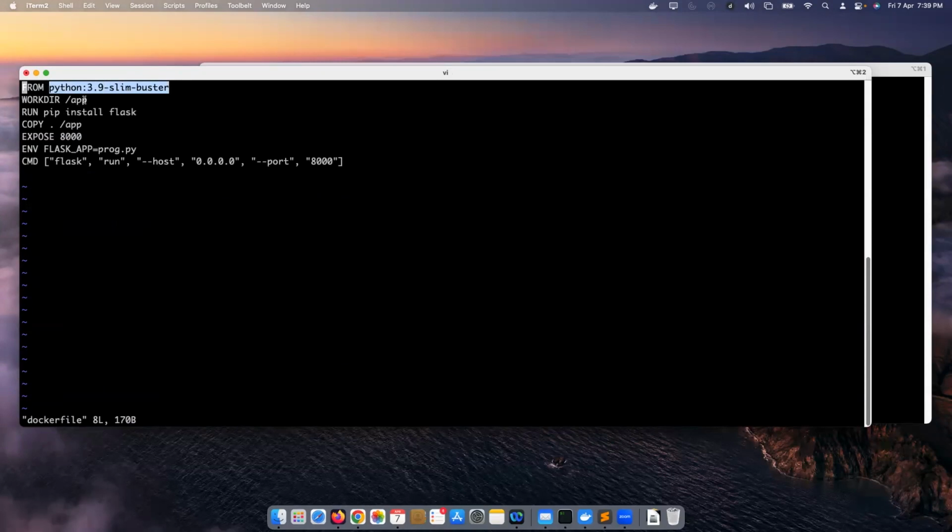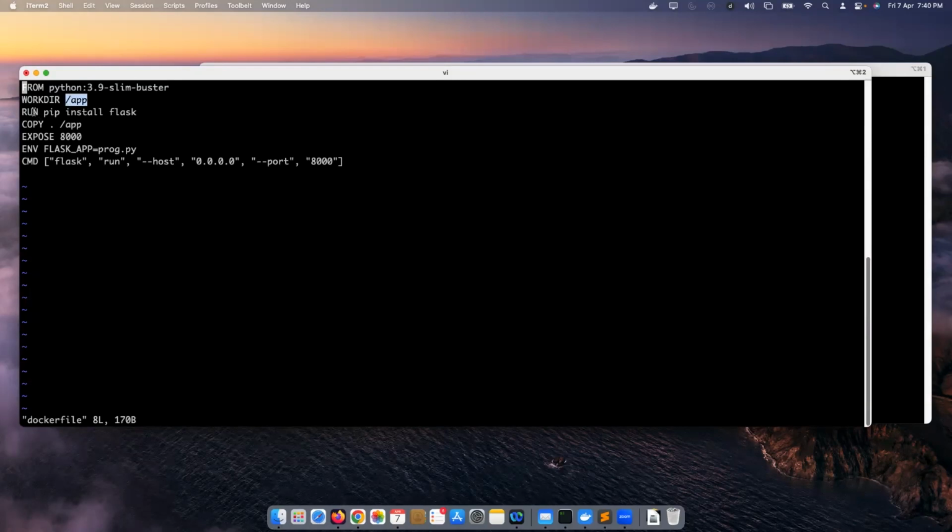And then you create /app, which is more of a work directory where you're going to run it. You have to visualize it: first you think about how you're going to do it manually, and then you put it in the Dockerfile. So you've chosen this image, and over that image you've created this /app.